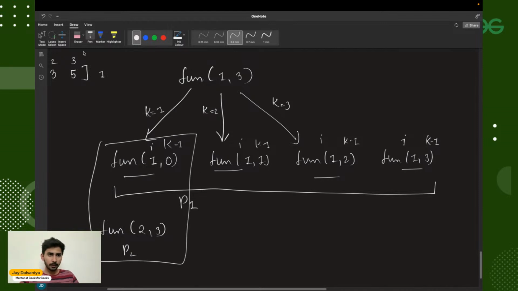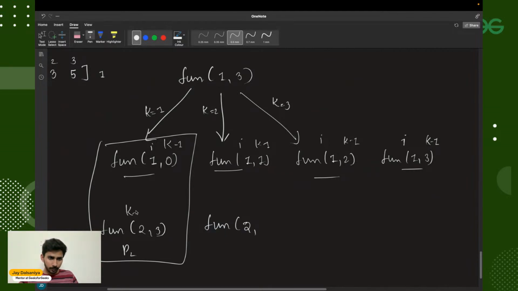Now for this part, okay, so for this part, what will be the partition 2? It will be what? From k plus 1 to j. So k plus 1 is what? K is equal to 2. 2 plus 1 is what? It is equal to 3. 3 to 3. And over here,